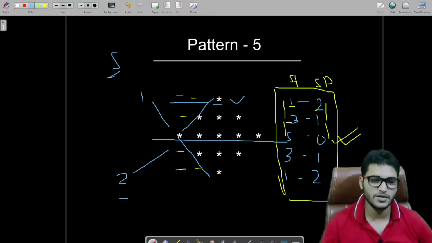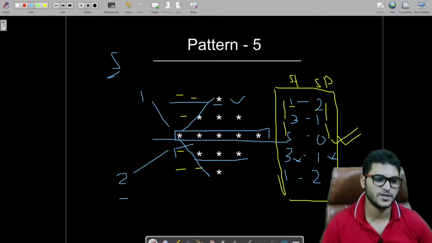But this is not the case in the second half. We are doing just the reverse of it. We are decreasing our number of stars by 2 and increasing our number of spaces by 1. You can see here, we have 5 stars, and in the fourth row, in the second half, we have just decreased the number of stars by 2 and increased the number of spaces by 1. So you have to visualize this pattern.